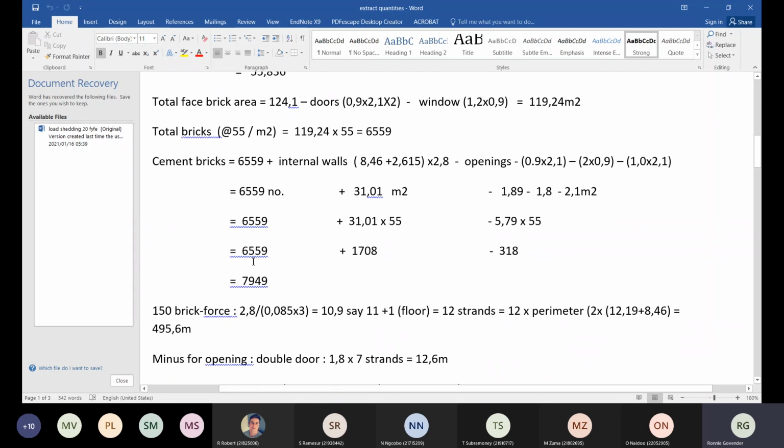So it's 6559 plus 1708 minus 318 bricks for all my openings, which comes to